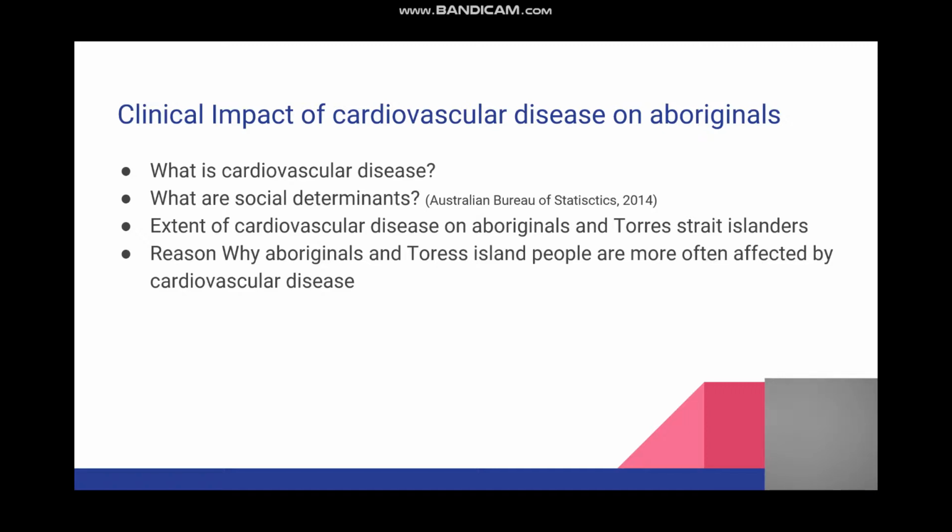Smoking rates for Indigenous Australians were significantly higher when compared across different age groups of Aboriginal and Torres Strait Islander people. Indigenous Australians are more often affected by cardiovascular disease because the majority of Australian Aboriginals aged 21 years and over did not meet the daily recommended balanced diet, which includes an adequate intake of vegetables and fruit. More often, there are different aspects that contribute to the poor health of Indigenous people, which include clinical and lifestyle risk factors, which will be discussed in the next slide.